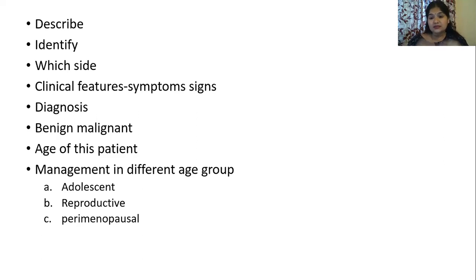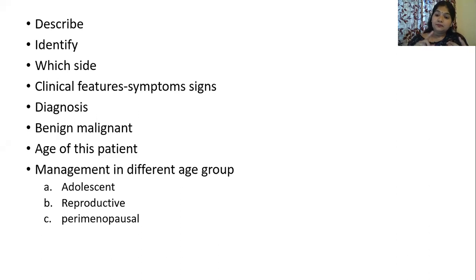So, number one is the age of the patient. You don't know the age of this patient, but because the uterus has been removed, most probably this patient must be of perimenopausal age group. Otherwise, you're not going to remove the uterus along with such a benign mass. So what are the suspicions of malignancy in a patient? One is the patient's age, extremes of ages. If she's a very adolescent girl, then germ cell tumors are quite common. Sex cord tumors are very common. And if it is a perimenopausal age group, again the epithelial cell carcinomas are quite common.